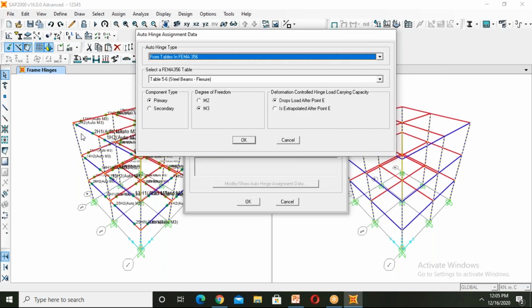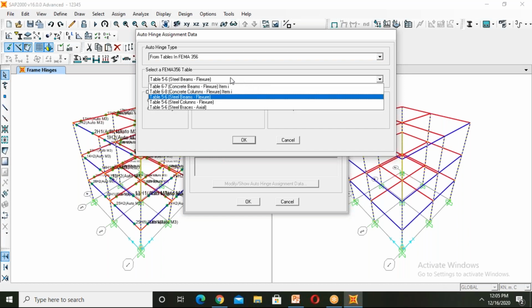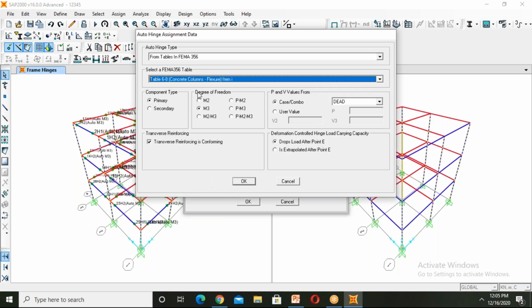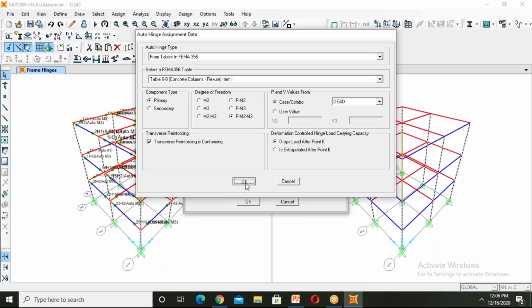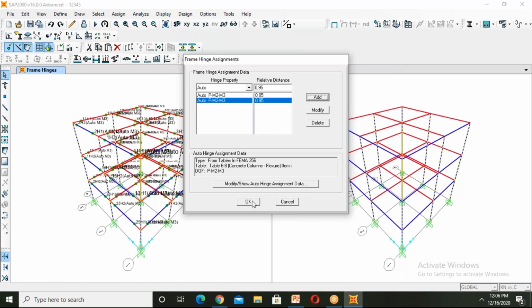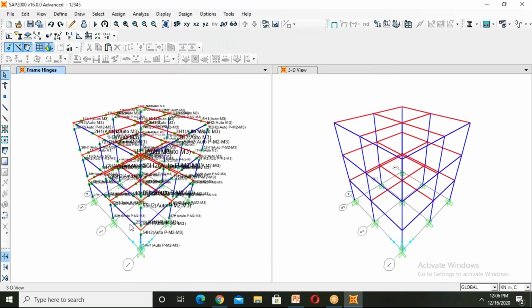Here we are giving hinges for columns, that is concrete columns. Take from here concrete columns. It is P-M2-M3. Yes, click on OK. Next, click on 0.95. Add. Okay, all the hinges have been applied to beams and columns.